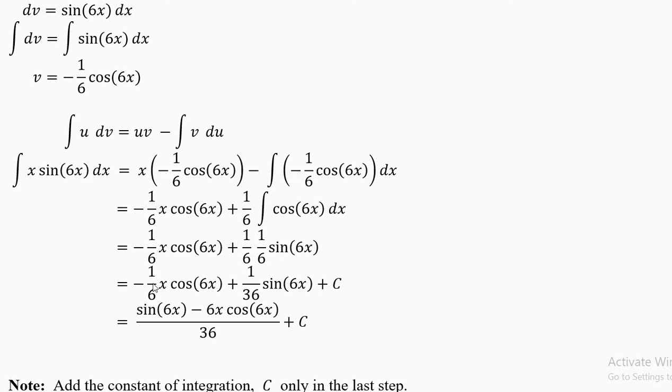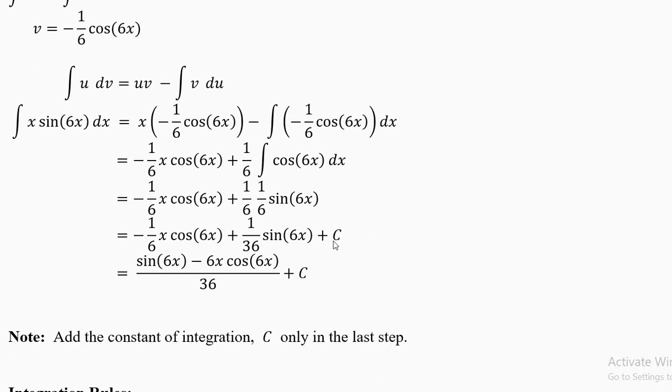Now you write this step in 2-3 times. There is no integration or differentiation here. You just do the algebra and keep noting it down for 2-3 steps till the answer is complete. Now this 1 by 6 has come out. Now you have cosine 6x. The integration is sine 6x over 6. 6 into 6 is 36. You have 1 over 36 plus c has to be added in the last step.